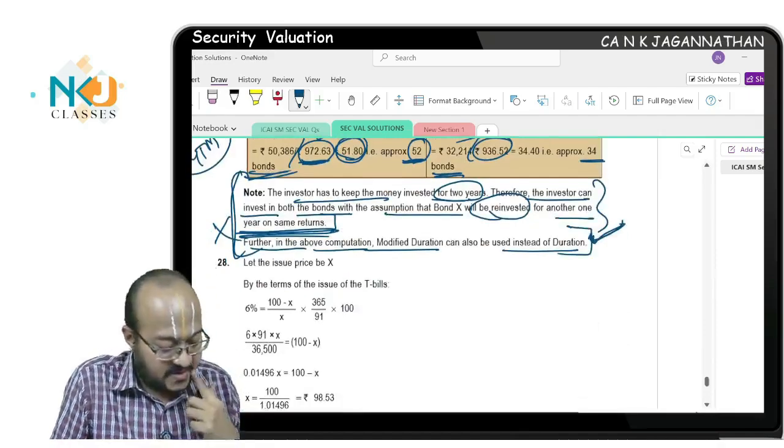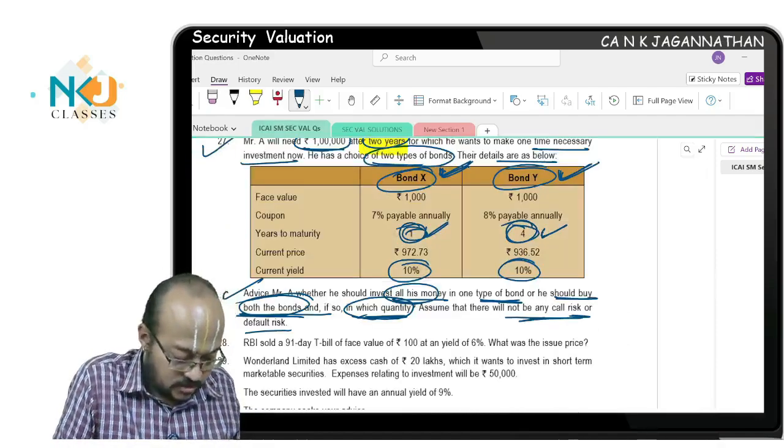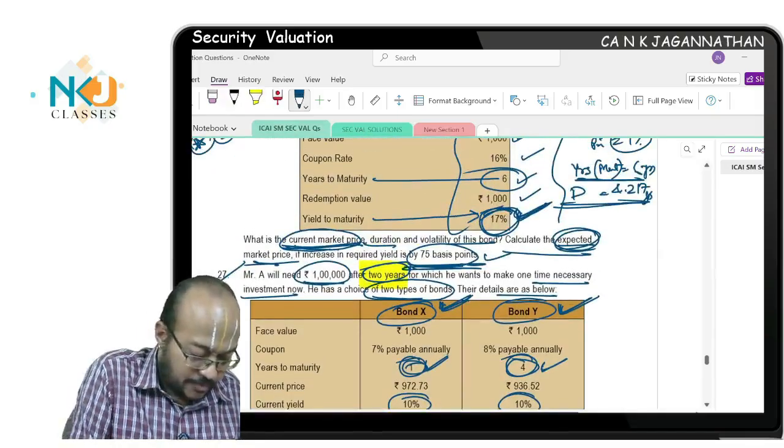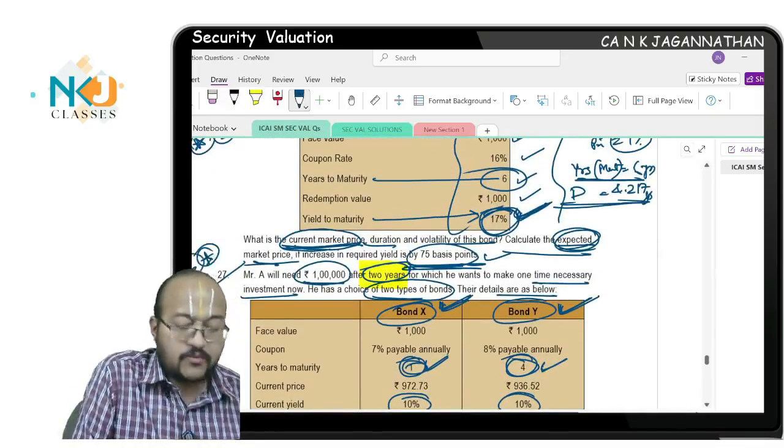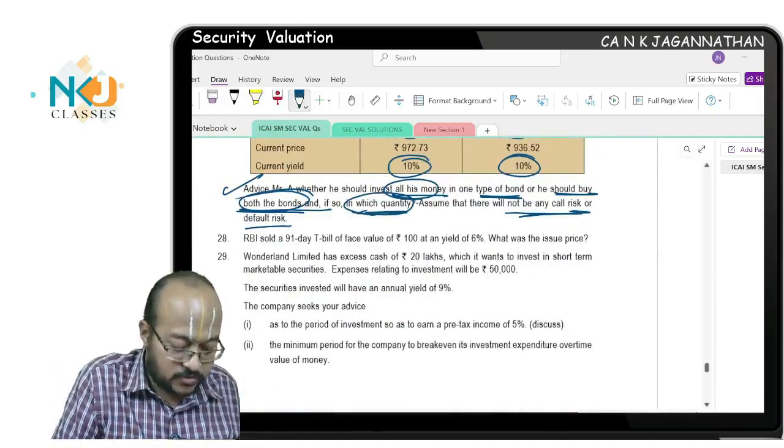Okay, question number 27 stands solved. Very important question. And of course, I have told you one more question is important. There you can go through. Next, question number